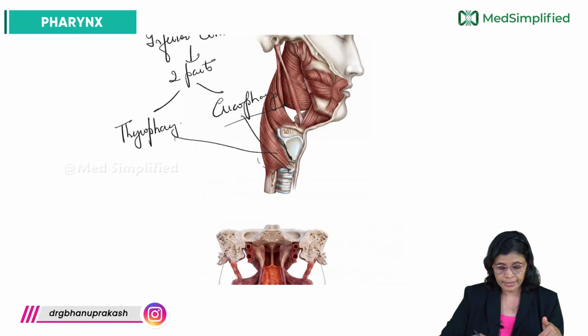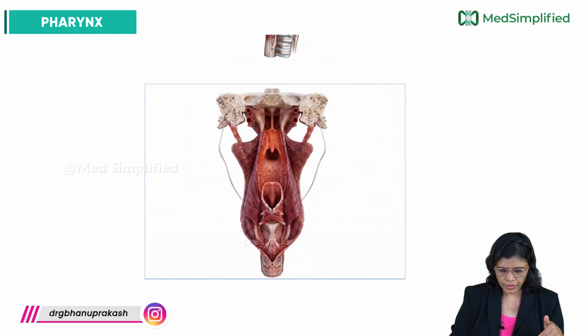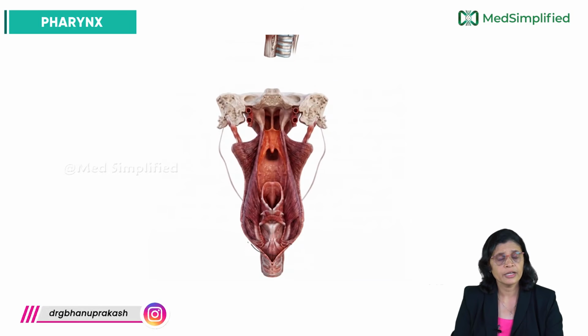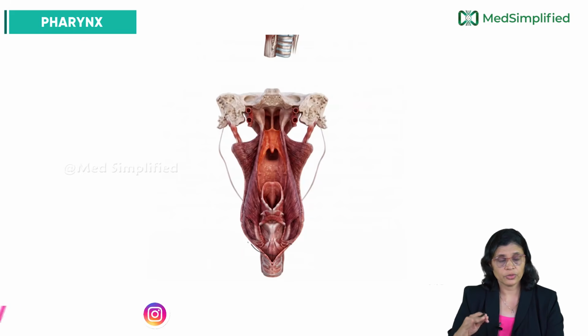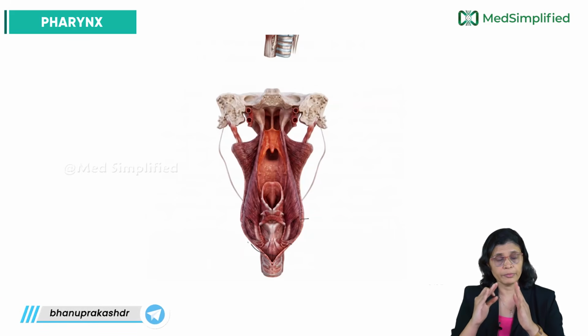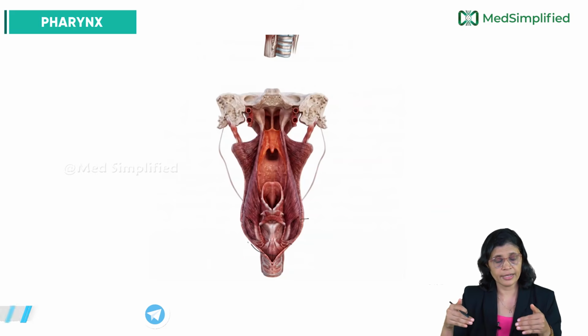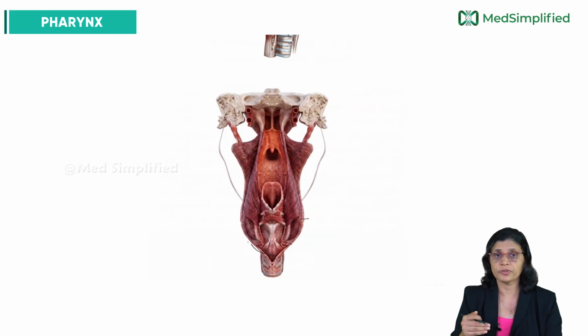So the upper part, the thyropharyngeus, runs obliquely to the pharyngeal raphe from both the right and left sides, whereas the cricopharyngeus goes around. They run horizontally in a circular fashion, circle the upper end of the esophagus, and become continuous with the fibers of the